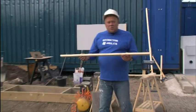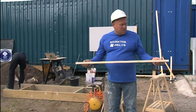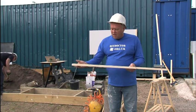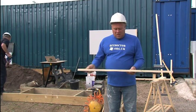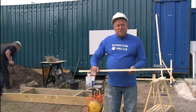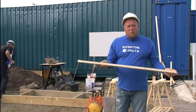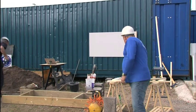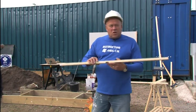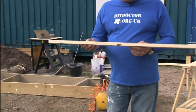If you can imagine this piece of wood as a concreted strip of foundation. Because the trench, ideally, would have a smooth bottom and the concrete is gauged all the way through, it's of a uniform thickness and has a uniform strength. So it's got a great deal of strength in its proper condition. If, however, there are rocks in the bottom of the foundation trench, or the trench simply hasn't been smoothed properly,